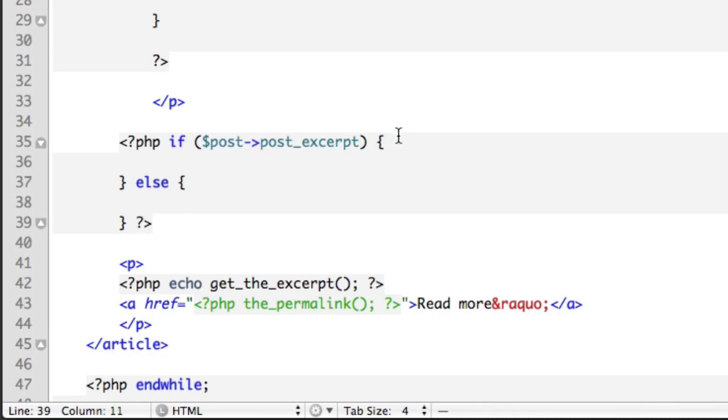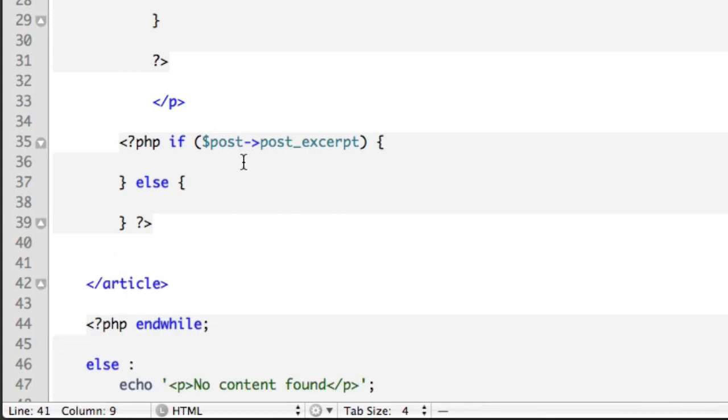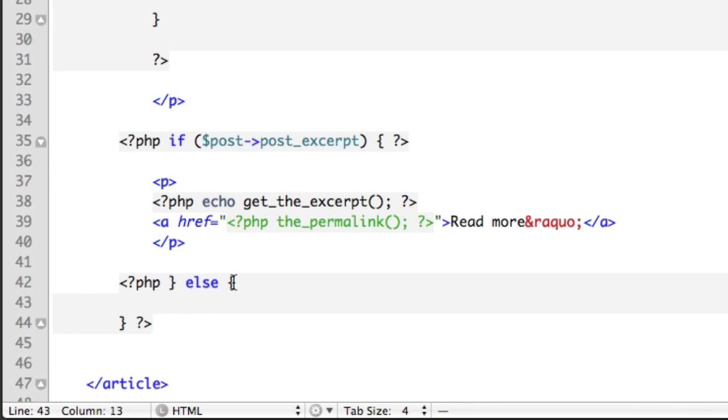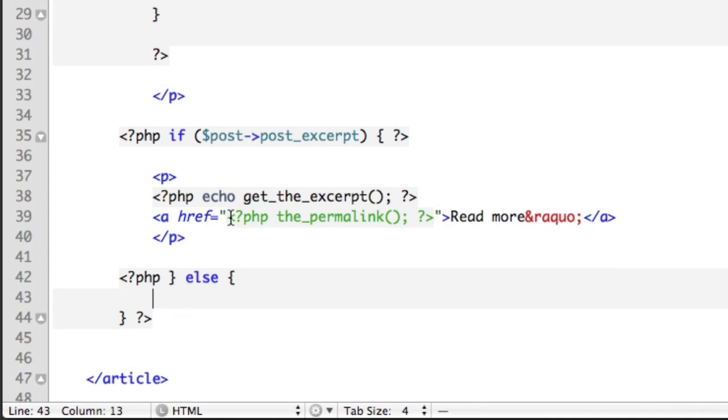Okay, so now it's just a matter of placing this code in the brackets that will run if there is an excerpt. Then I'll drop into and out of PHP where it's appropriate. And then in this set of brackets, this is what happens if there isn't an excerpt. So then we simply just want to output